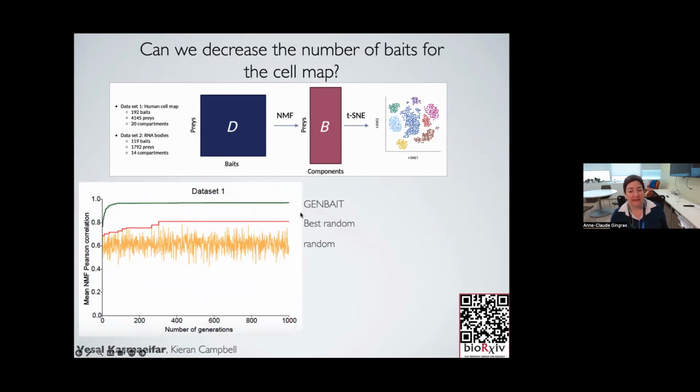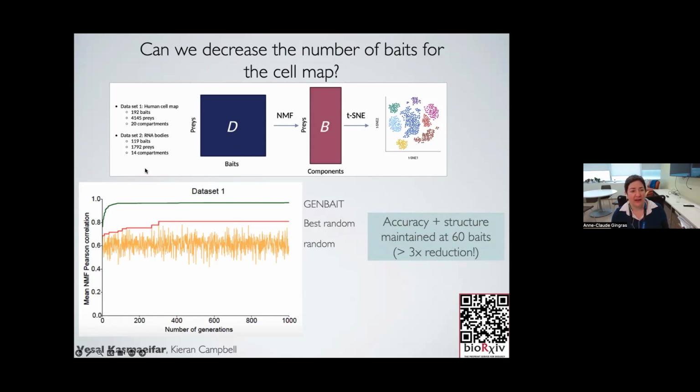And so Vesal came up with a new tool that he called GeneBait that's based on a genetic algorithm that helps select the minimum number of baits that can recapitulate all of the different structures that we were able to see in our initial map. And this is actually good because it was able to define that, at least in this data set, we were able to maintain the accuracy and the structure with only 60 baits rather than the 200,